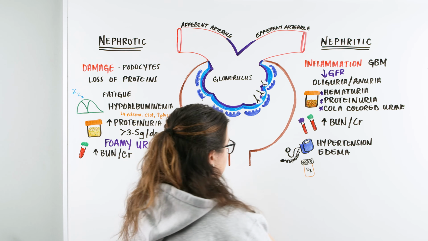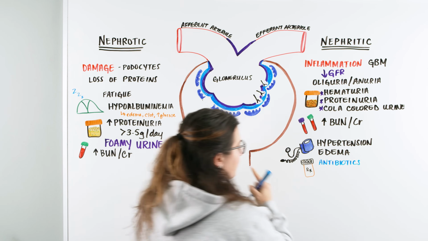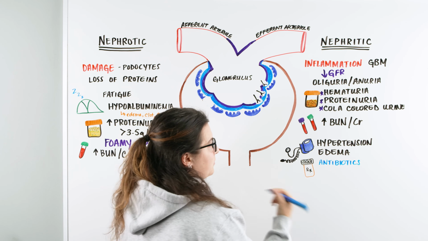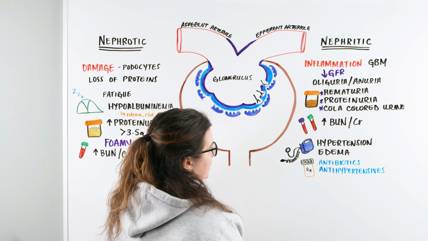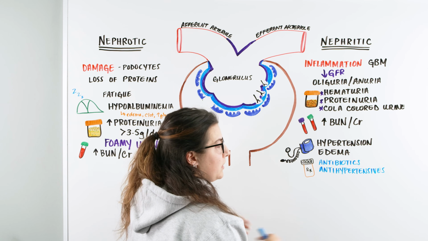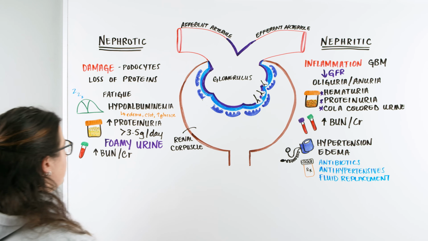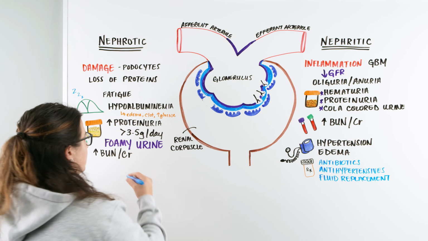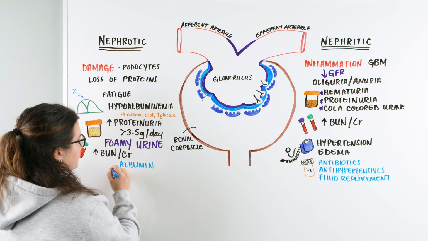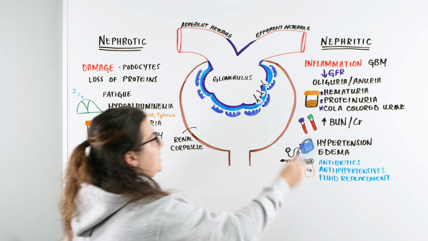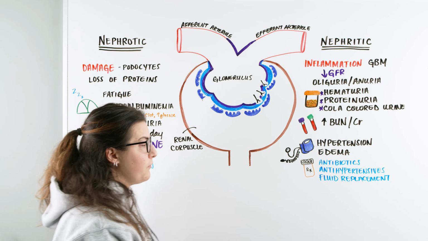So we could be looking at things like an infection that wasn't treated, so we're going to be giving them antibiotics. If they're having issues with hypertension, we're going to give them antihypertensives. And then we're going to be looking at trying to give them some type of fluid replacement or address any other underlying issues that they have. So then if we take a step back and look at what's going on with both of these patients, once we treat the issue on both sides, whether it's giving somebody antibiotics for their nephritic issue or giving albumin for the nephrotic,